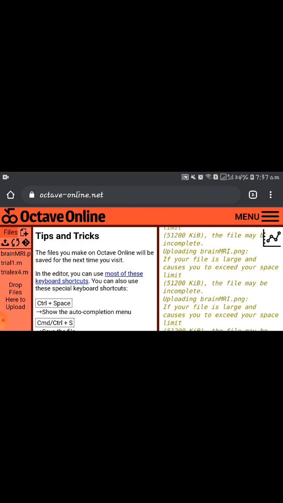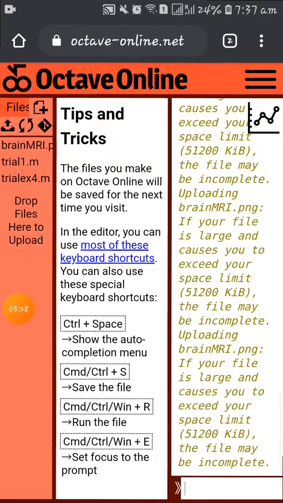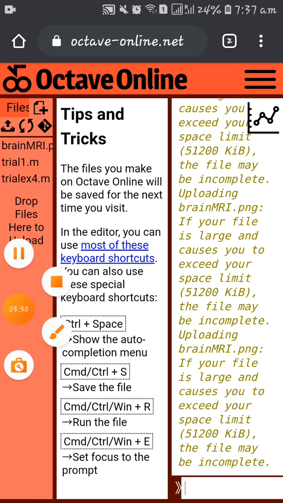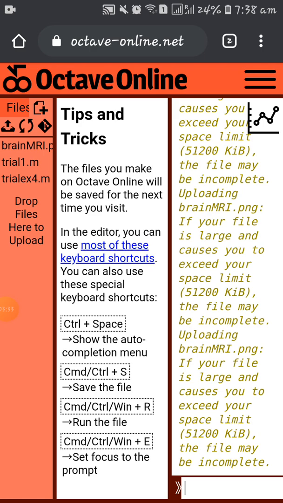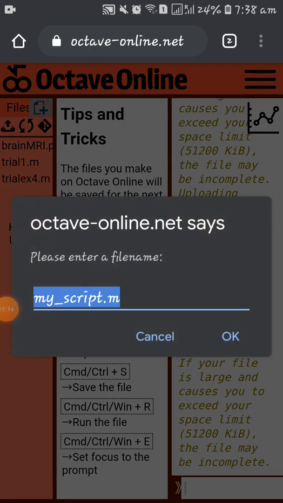Before running the code, copy the code from the PDF which I have sent. Just give me a moment here to copy it. I'm clicking on the file with the plus icon on the top left. It's asking for a file name.